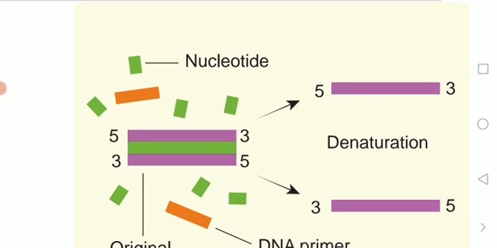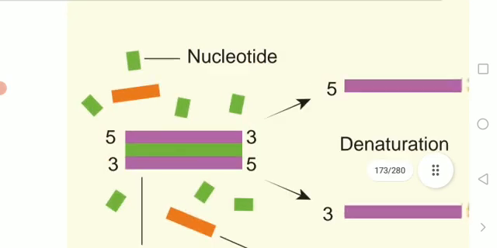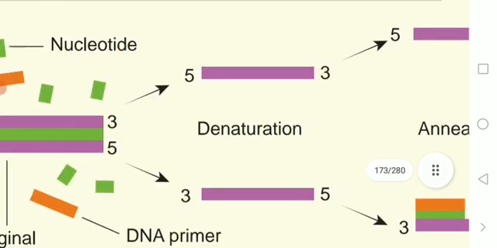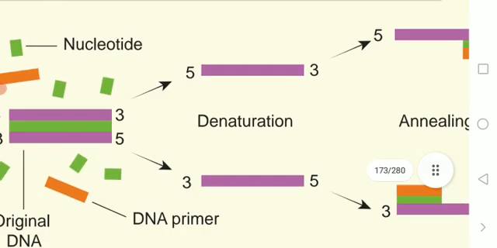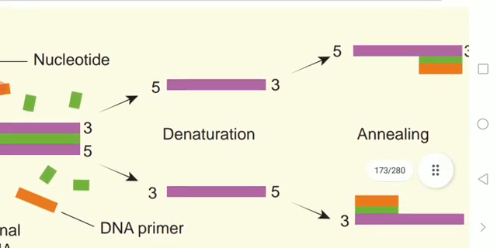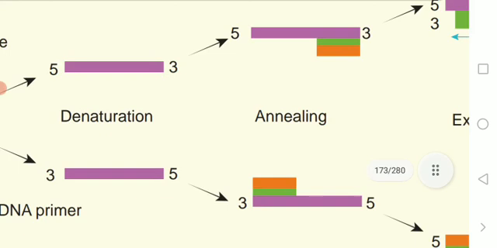So the DNA needs to be boiled at a high temperature, and then only can the bonds separate. Denaturation means the double-stranded DNA of interest is denatured to separate into two individual strands by high temperature. With the help of high temperature, the bonds can be broken down. That is the step taken in denaturation.